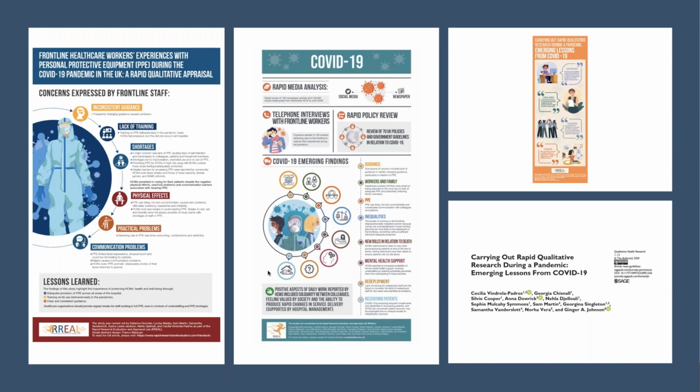Now, the other one that you see here, which is on PPE, personal protective equipment, comes out of this more in-depth analysis that was done by one of the teams. So PPE was identified as a concern. We then went into the data, did a lot more work, brought in frameworks that had been used to look at PPE and other epidemics, and we then did a fuller piece of work, like this infographic that you see here, really teasing out the concerns expressed by frontline staff.